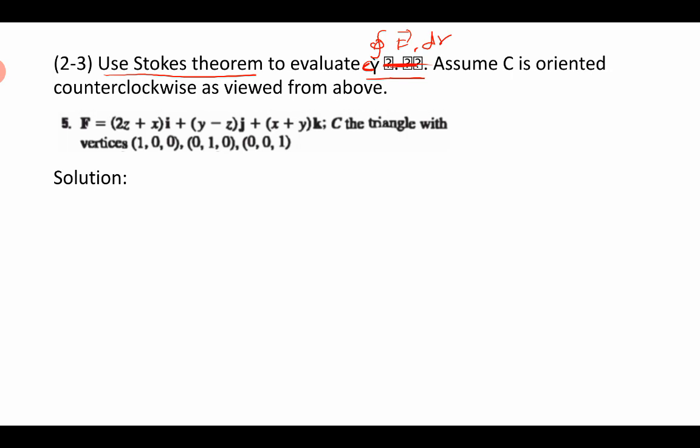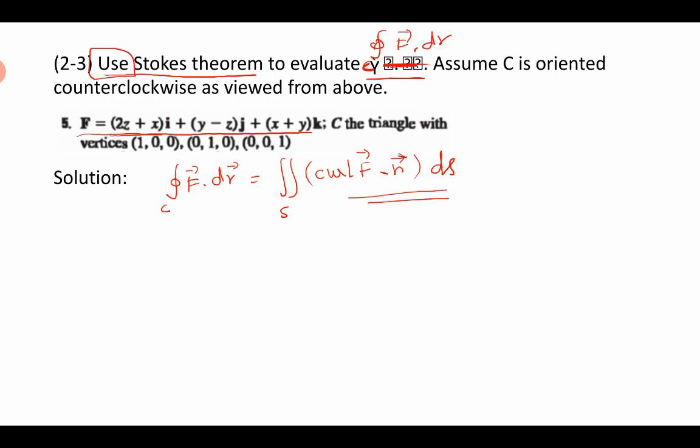F vector is given as this one. What is Stokes theorem? Integral over C F dot dr is equal to double integral over S of curl of F vector dot product with the outward unit normal vector n, and dS, isn't it? So when we are asked to use Stokes theorem, we use only the right hand side. Evaluate it, instead of finding the left hand side, use the right hand side. That is it. So we have to find the curl of the F vector